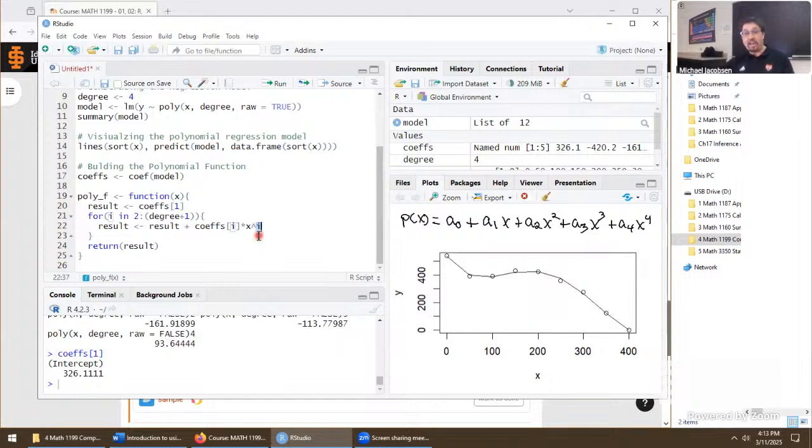So we need to fix that exponent i. i itself starts at 2. That's how our indexing is working inside the for loop. But when we're at 2, we're picking up the negative 420, the second coefficient. It goes right here in what we would call a1 as a polynomial function. And the power has to be 1.